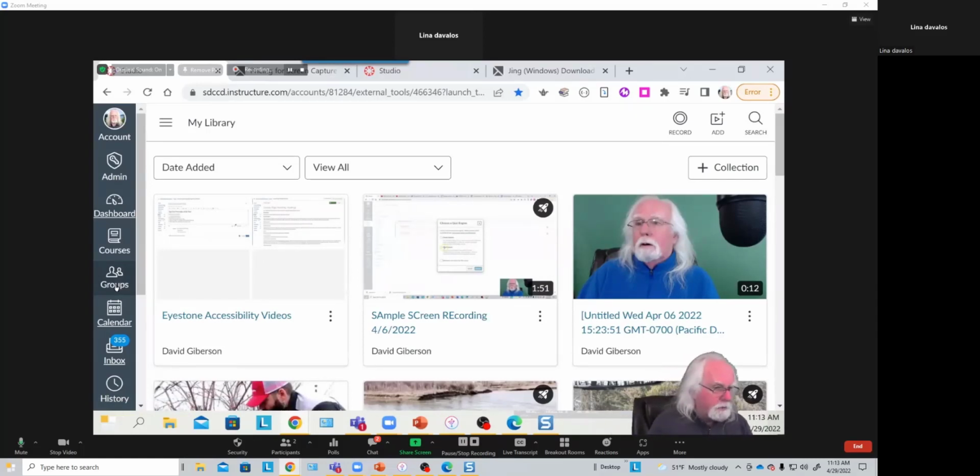In either case, if I want to create a screencast, a screen recording in Canvas Studio, I use the Record button up here in the upper right-hand corner. And I'm given the option to do either screen capture or webcam capture. In this case, of course, I want to do screen capture to create a screencast. So I just click that button,